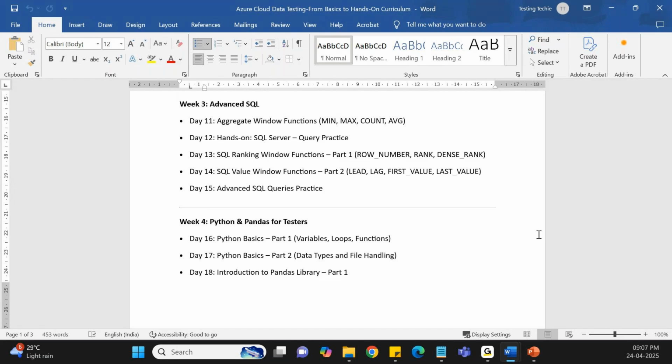I will try to cover at least a couple of the same scenarios during the SQL sessions, so that once you work on the SQL sessions, you are already familiar with the data set and we can implement the same in the Azure sessions as well. That is what I was planning. If you guys have any other opinion, you can tell me.